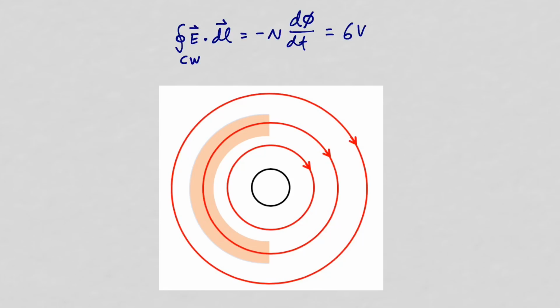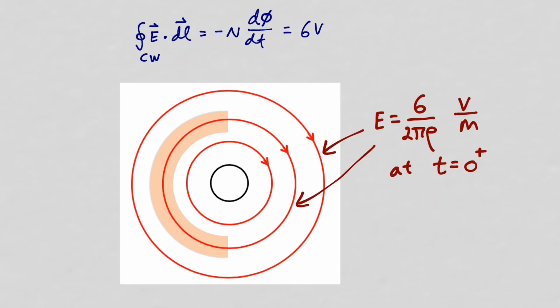Let the current in the solenoid be 0 till t equals 0, and then at t equals 0, the current is ramped so as to produce an electromotive force of 6 volts. So at t equals 0, just after the current starts ramping, the electric field intensity will be the circles around the solenoid of value 6 over 2 pi rho volts per meter. So initially we have that electric field intensity inside the conductor. So initially there will be a current flowing in the direction of the electric field intensity.